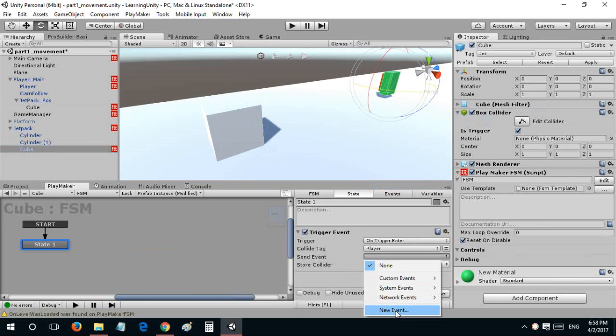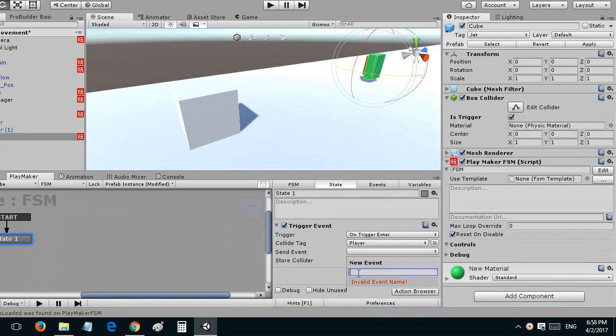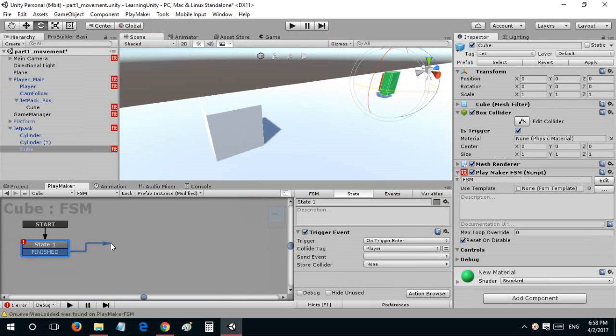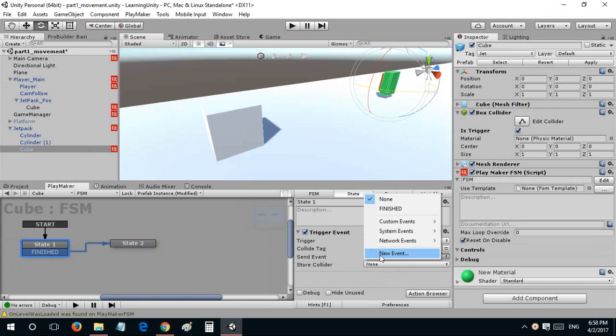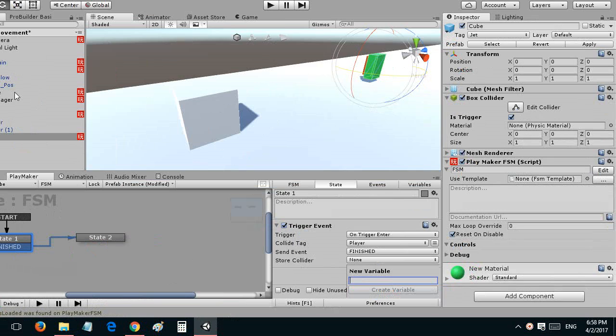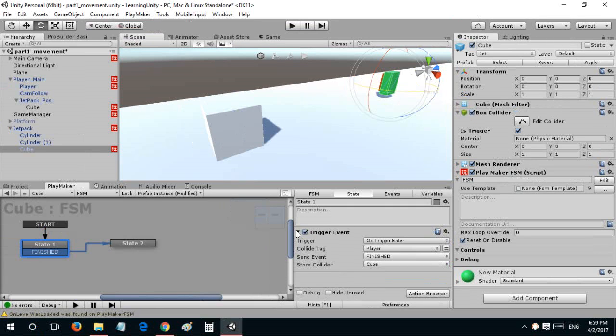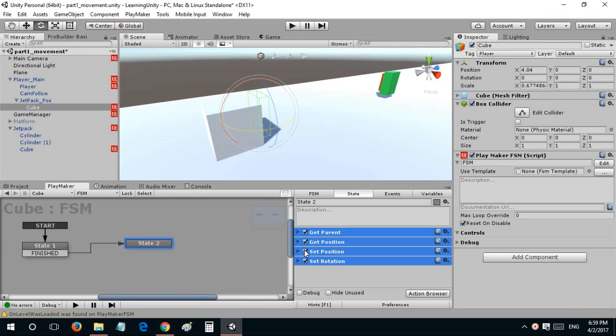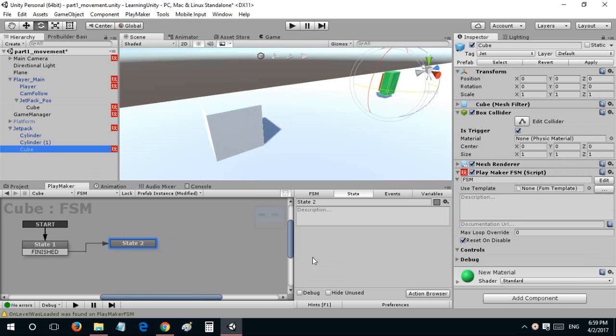Send event, let's just say finished, and then I'll just store the collider, which would be the cube, and then in the second state it would do the same thing here, except